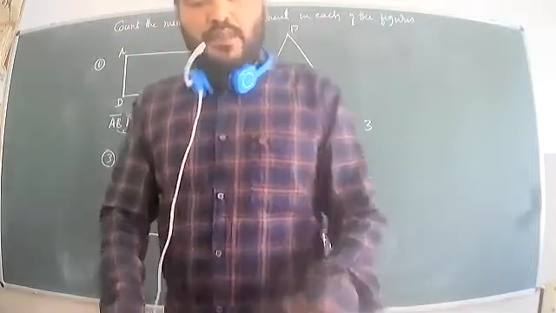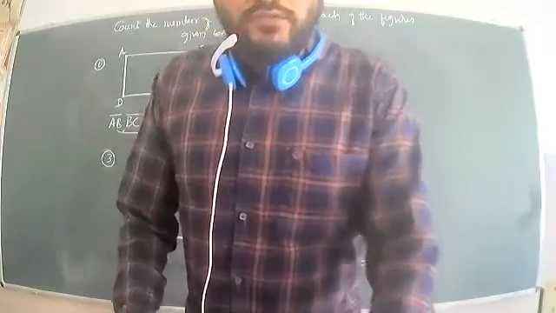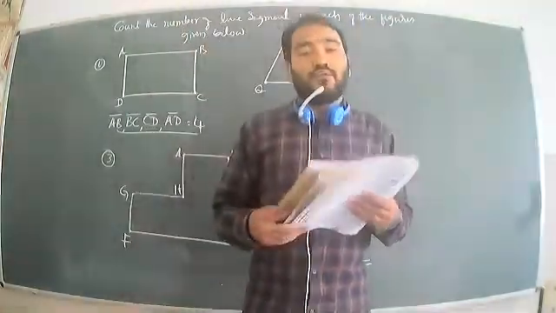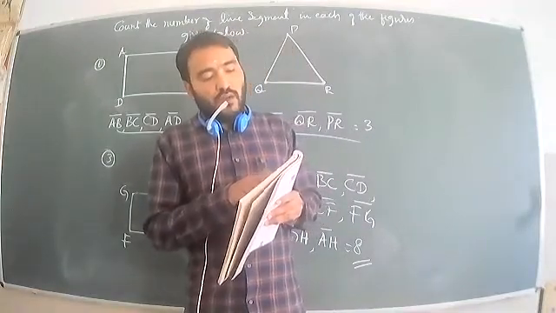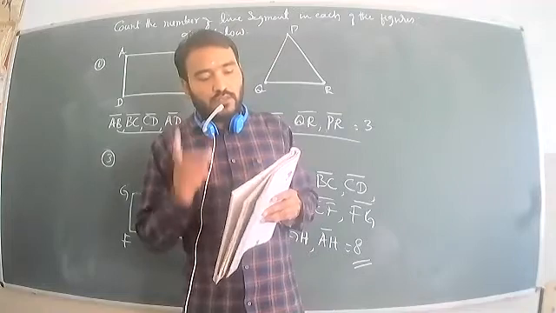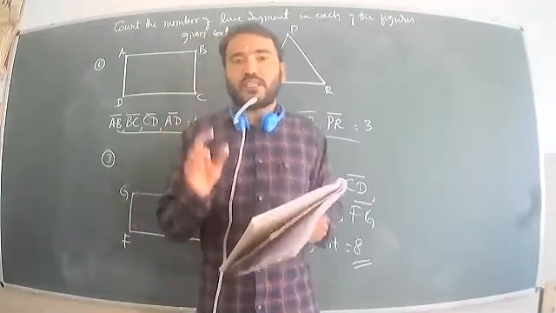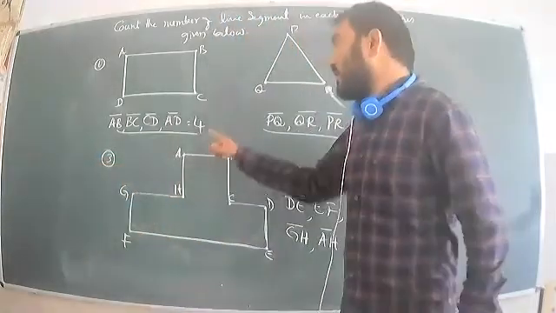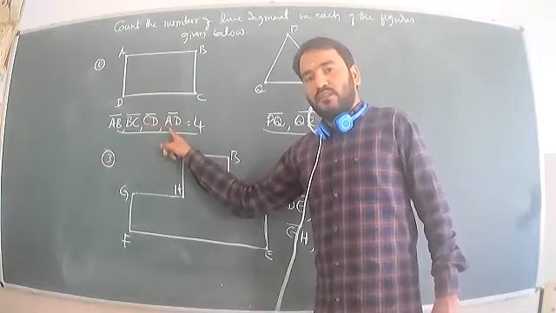Next one, join these points. The third one you have already done. So the fourth one is joining the points from A to Z. What do you get? We get a star. How many line segments do you get in all? You should write it. Name the line segments. This is called naming the line segment. You have to represent this type.